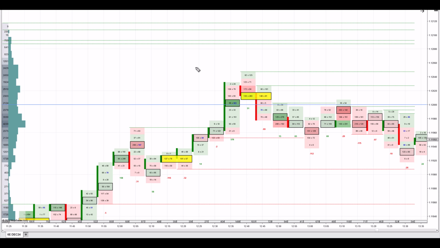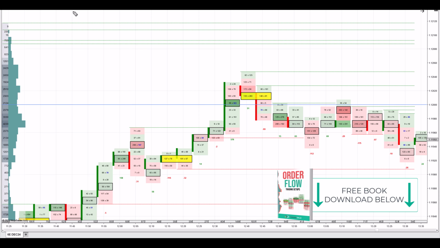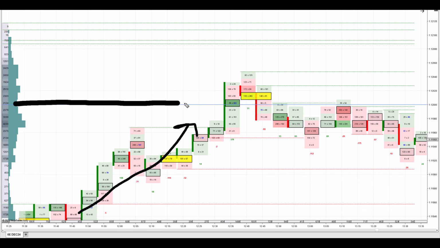So I was looking at this chart. This is Euro futures, 5-minute chart, and the price was going upwards towards our resistance level, which was in here. This was the resistance. As I was saying originally, I didn't really want to trade this because this seemed a bit risky, but then I saw this